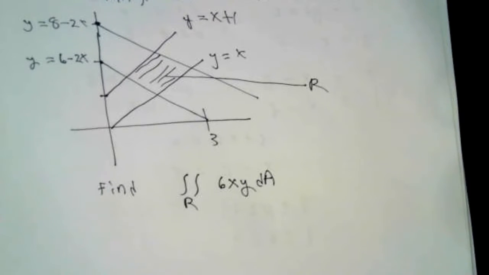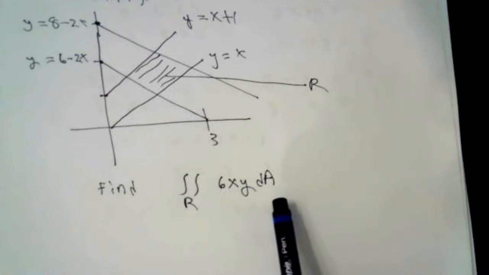I want to make a few comments about the change of variable business that are different from the specific coordinate systems that we've dealt with previously, which in 2 dimensions were Cartesian versus polar, and in 3 dimensions, Cartesian, cylindrical, and spherical. Instead, I want to think about changing variables in a way that's going to make integration problems easier to do. So I'd like to find the double integral over region R of 6 times x times y